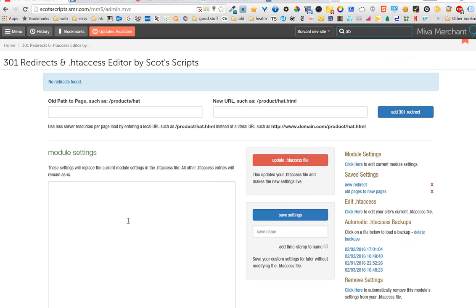Alright, here's the basic screen. At the moment I have no module settings, I have no redirects or anything else. So the first thing we can do is add a 301 redirect to our htaccess file just by entering old and new URLs. So let's say you have an old URL such as this,